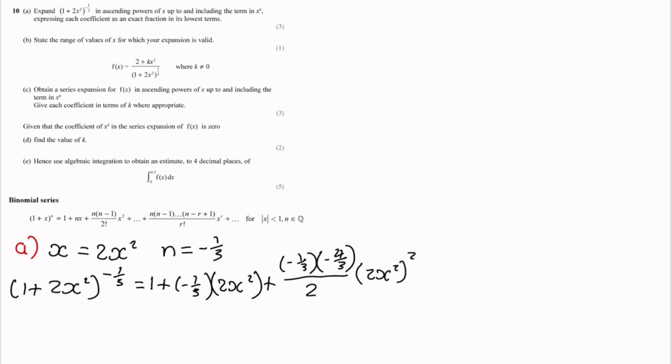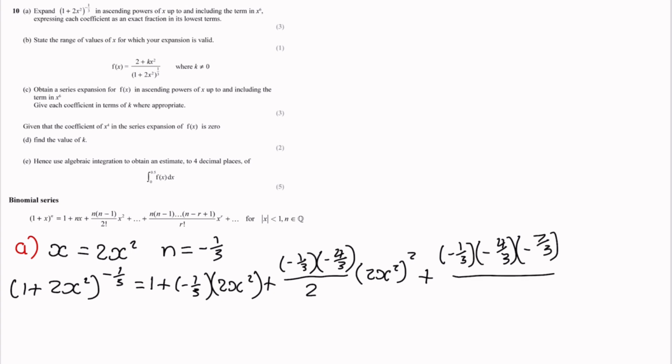If I expand out this bracket, I'm going to get x to the power of 4. The question says x to the power of 6, so I need one more term, plus n, which is minus a third, n minus 1, minus 4/3, n minus 2, which is minus 7/3, all over 3 factorial,